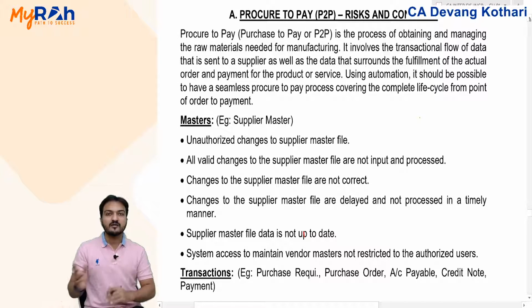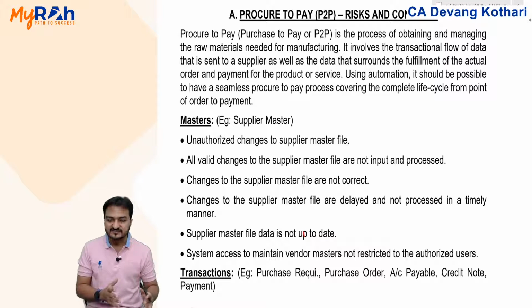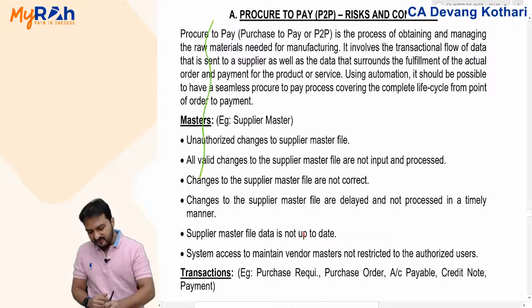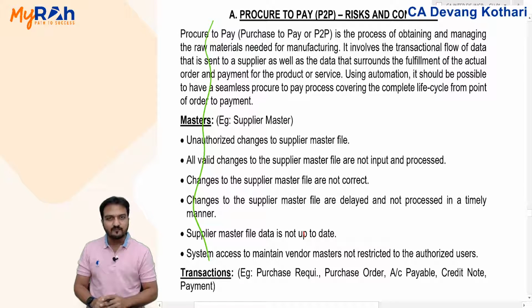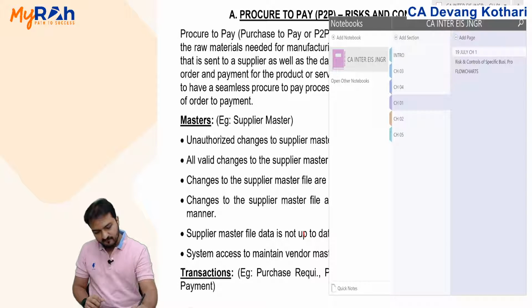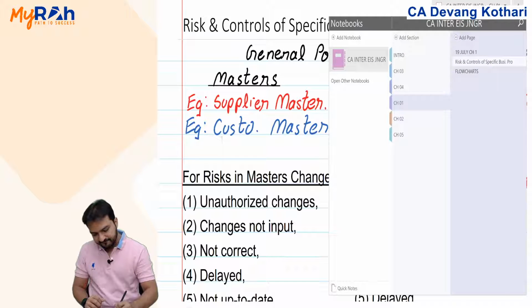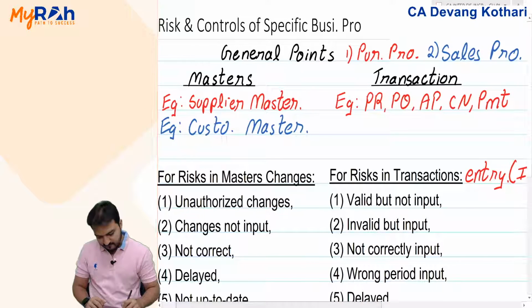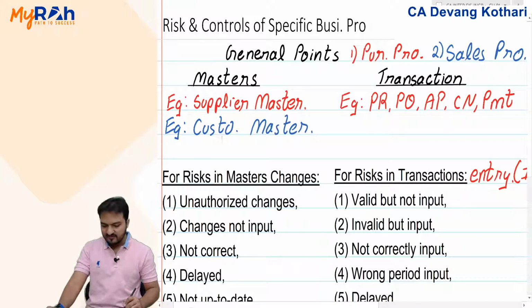examples regarding risk and controls involved in various business processes, various individual business activities. You have this long list over here. Now, I'd given you a shortcut method to remember this long list. I'll just remind you that shortcut. It was like this. Dekho. By the end of that topic, I had given you